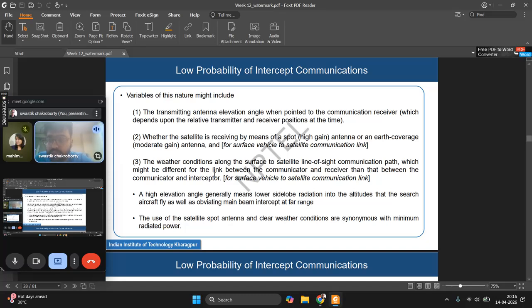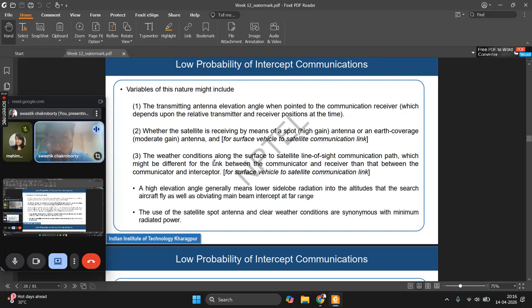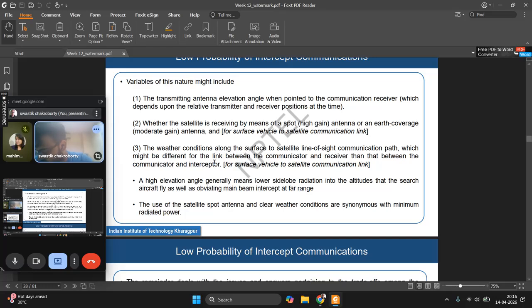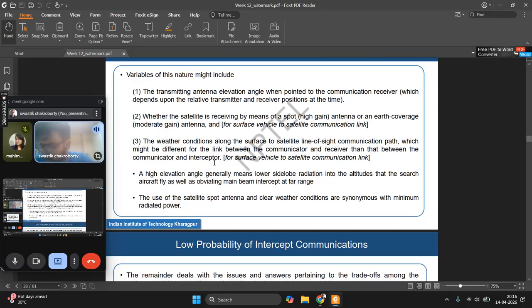A spot antenna is for a dedicated communication link, whereas an earth coverage antenna is like a general purpose antenna. So of course the gain will be much higher, and the antenna position will also decide the gain. The weather conditions along with the satellite will also influence the probability of interception. So these are variables which are not in your control. So a high elevation angle